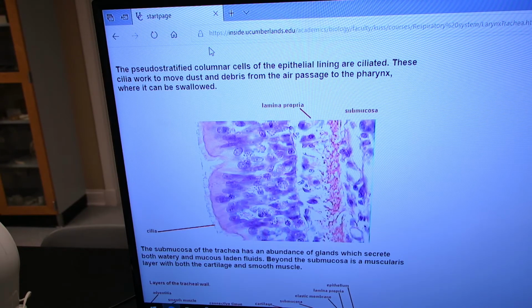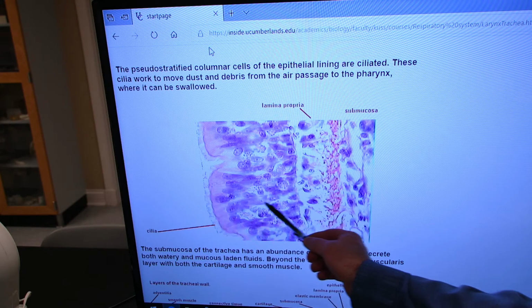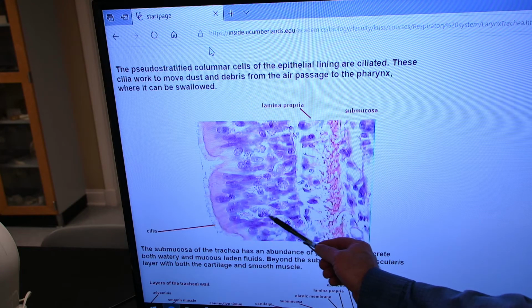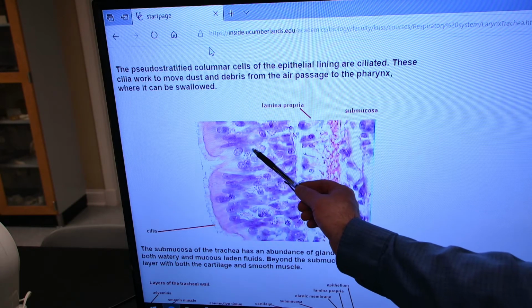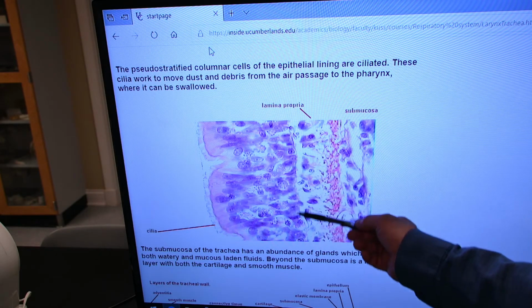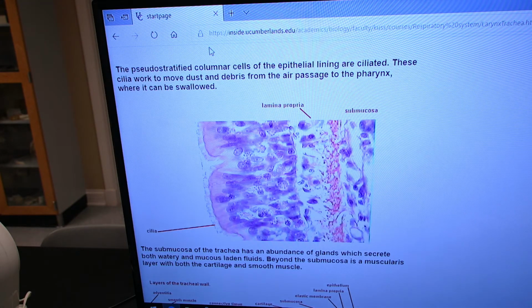This illustration here just concentrates on the mucosal layer of the trachea. You can see the ciliated cells here, this little cilia on the top. It's a pseudostratified columnar epithelium. And these spots like this here, those are clumps of mucus in goblet cells of that respiratory epithelium. So we have ciliated cells and we have goblet cells, and then we have some basal cells in here too. But anyway, it's primarily ciliated cells and goblet cells that line the trachea, make up that